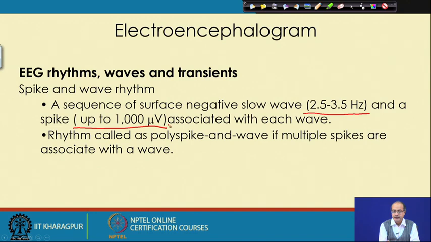That spike is associated with each wave. So, one spike would be there, one slow wave will be there. The slow wave has a very low frequency, 2.5 to 3.5 hertz, and the spike has a large amplitude. And if this kind of rhythm is associated with multiple spikes, then we call it polyspike and wave. Usually one spike would be there, but if we get multiple of them together,